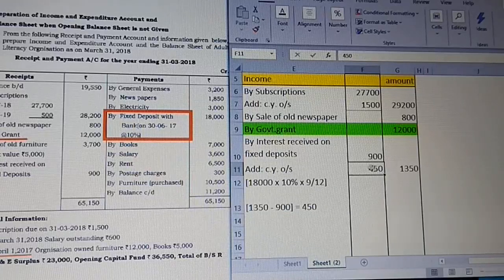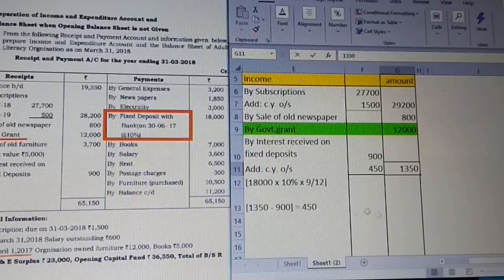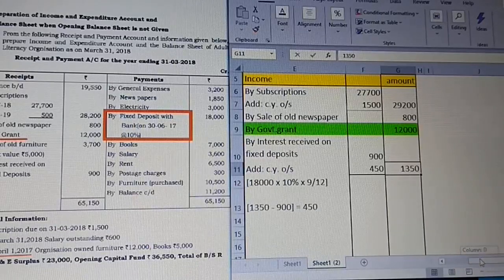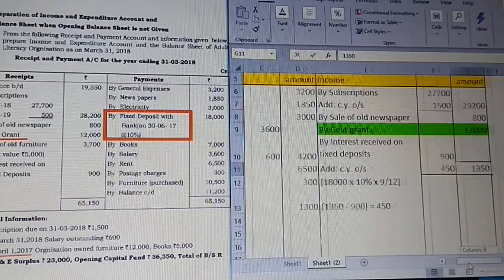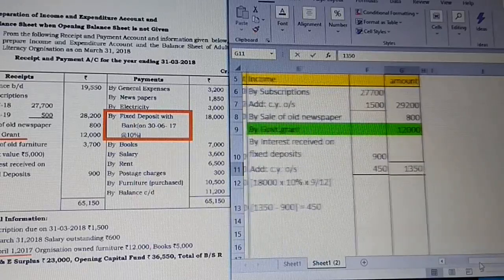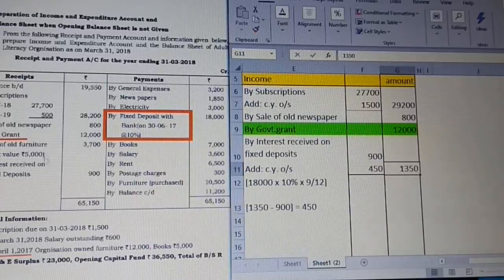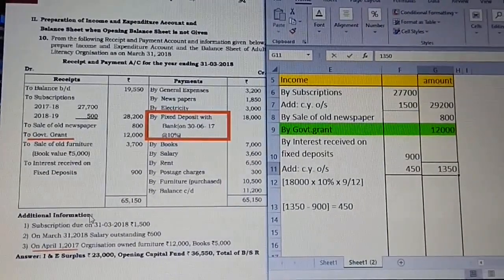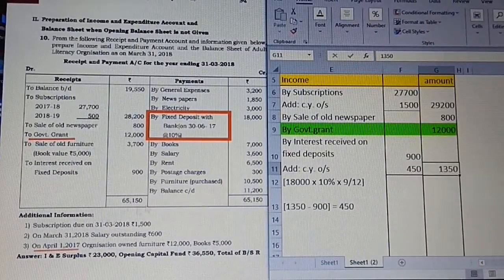So total income which we receive is 1,350. So when you calculate this, 1,350 should be equal to that. Now this is one thing which should always be remembered, this step. Then we have completed the income side, we have completed all the income items. Just observe under the additional information as well, we have taken all the items related to your income part.